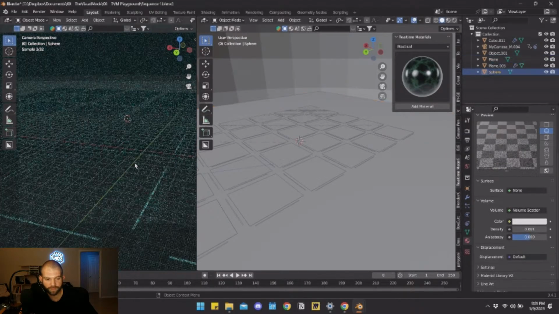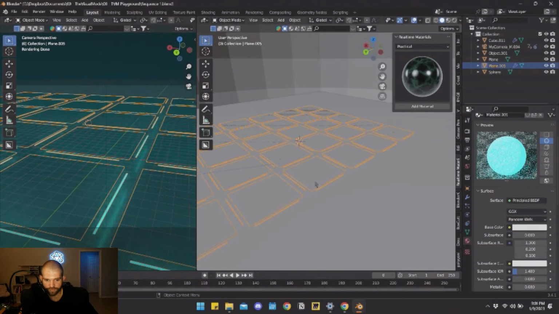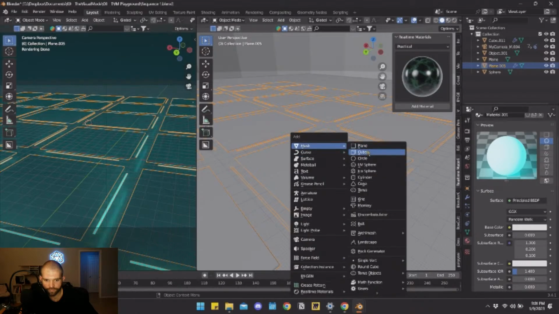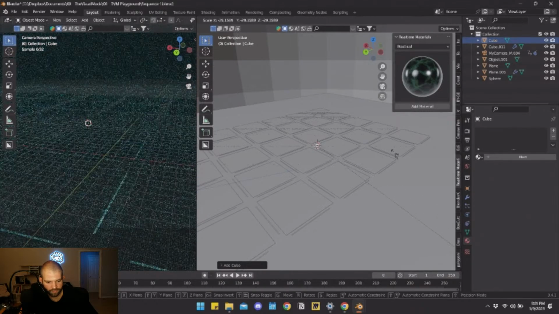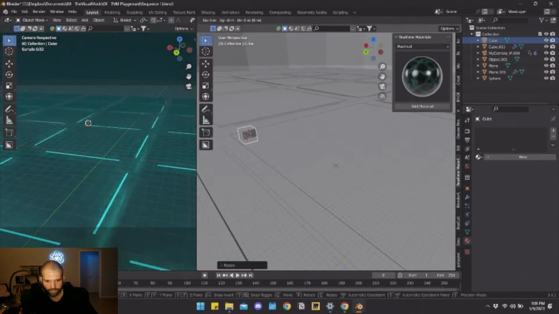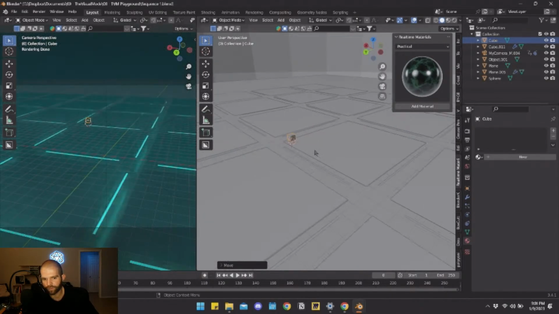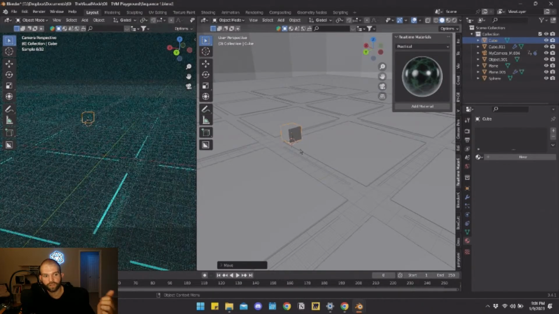If I wanted to make this even a bit more interesting, I could scatter, say, different cubes over all these surfaces. So if I add in a cube and make it a bit larger, this is where I'll end it. I'll just scatter this cube all over the geometries. There's a way to make the cubes different sizes, but for the sake of explaining and showing here